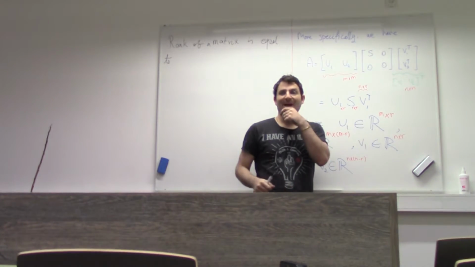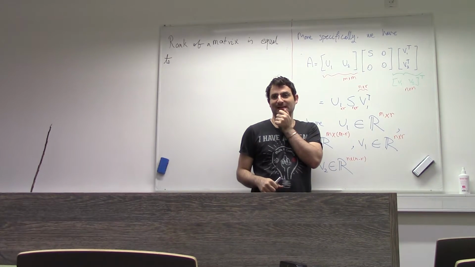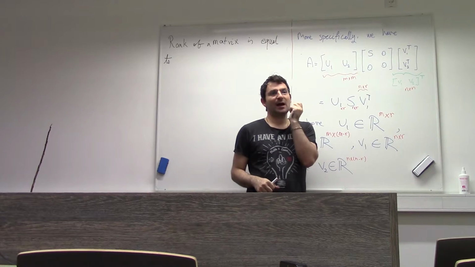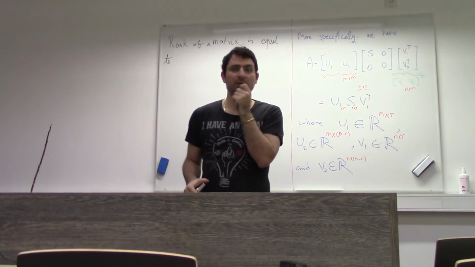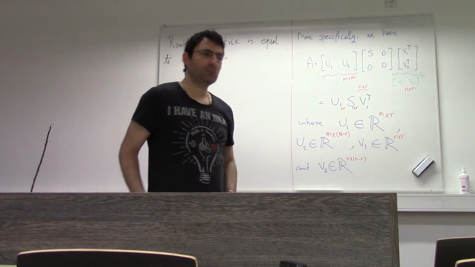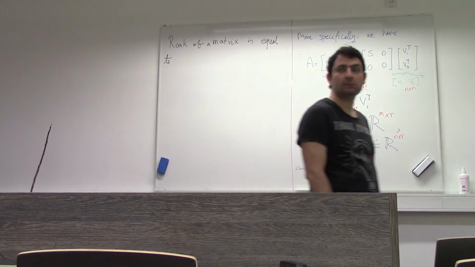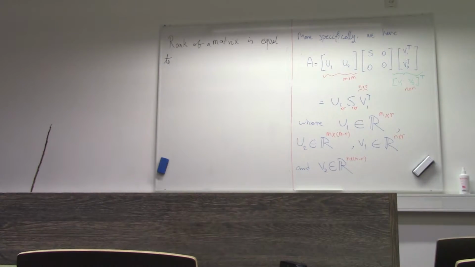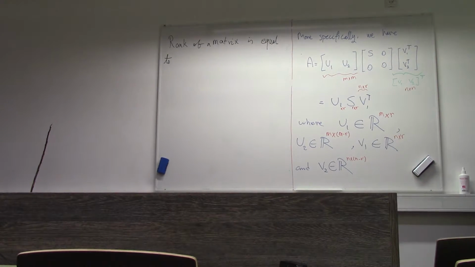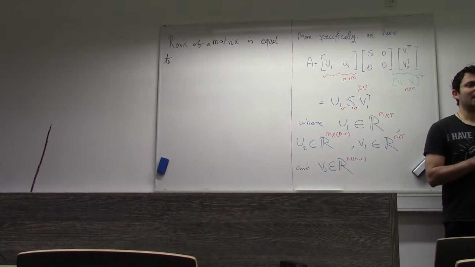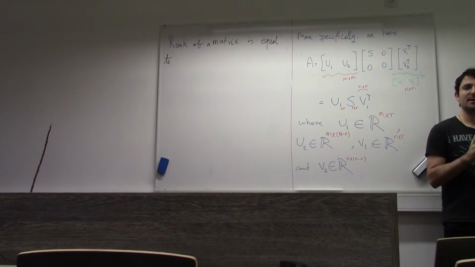R is the rank of the matrix, which is the size of S. And what is S? A square diagonal matrix whose elements are the square root of the eigenvalues, whose elements are